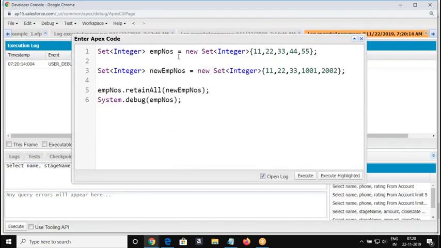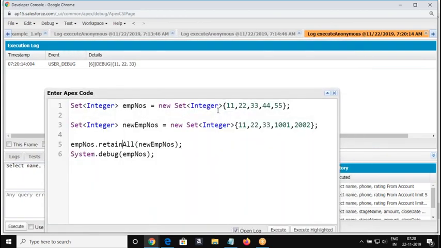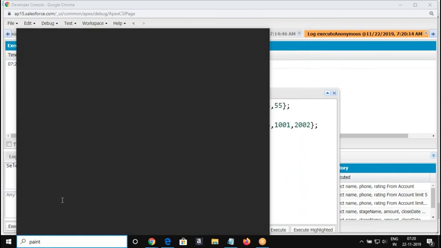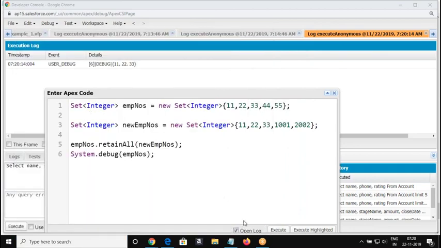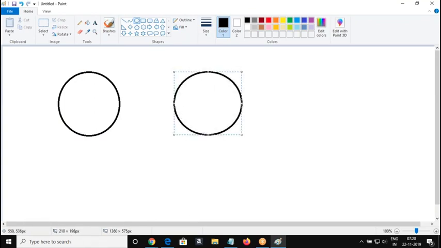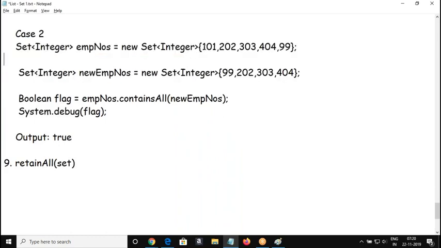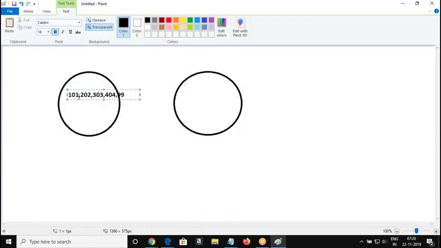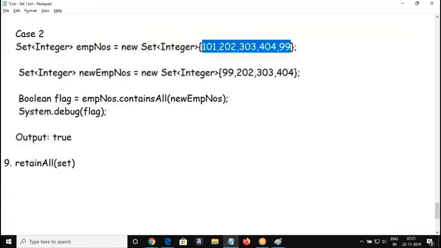So what happened here? See here. It is like an intersection, right? It's like an intersection. What is intersection? The common elements found in both sets will be retained. Okay, so I have set 1, I have set 2, right? Set 1 contains these elements, and